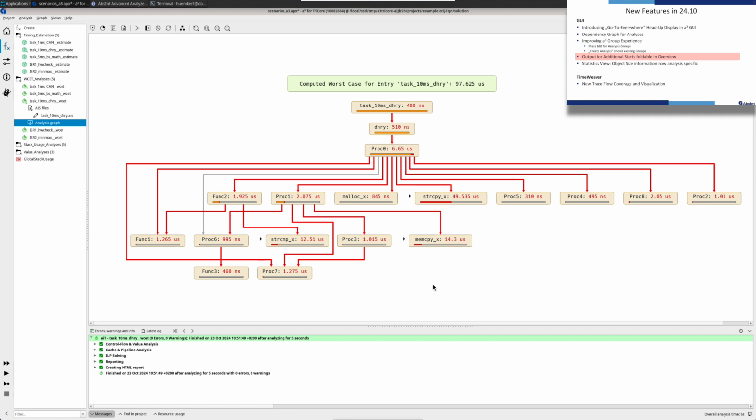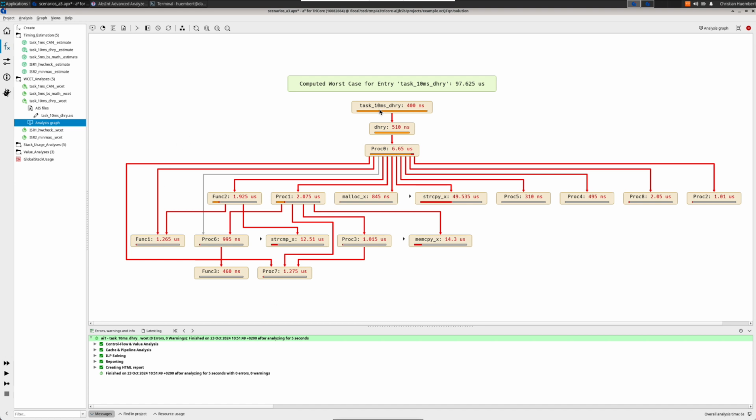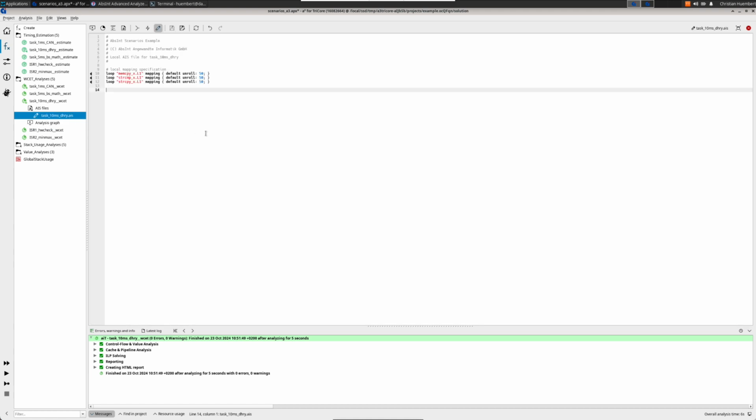As you know, in AIT and TimingProfiler analysis, you can define so-called additional starts. For those additional starts, individual cache and pipeline and path analysis will be performed while still relying on the entire value analysis information. So in this example, I would like now to do an additional start analysis for all directly called functions out of proc 0, for func2, proc1, and so on. Well, for that, I need to specify a specification, routine, proc 0,